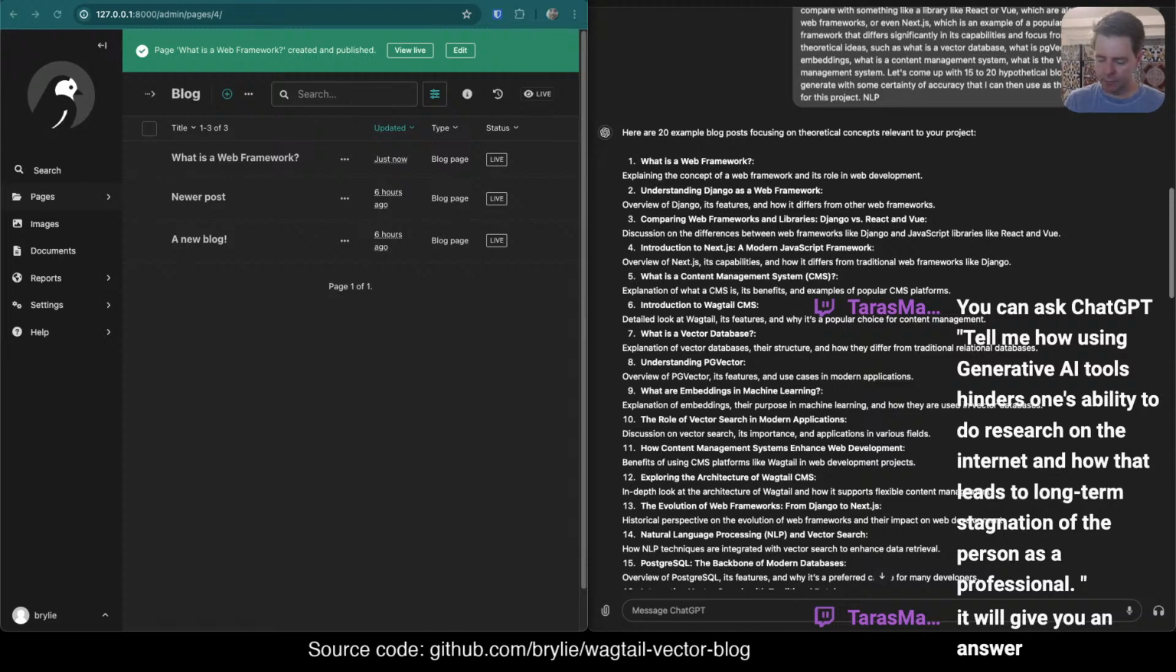Let's see, this is already what's called a leading question. If you ask it, tell me how generative AI tools hinder one's ability to do research on the internet, how it leads to long-term stagnation of the person as a professional, you're going to get what you ask for. But you can ask a more neutral question, like think journalistically, and you can ask a less biased question. For example, here's an alternative phrasing of that. So let's ask GPT for a less biased alternative phrasing of this question. Actually, Claude, I like,